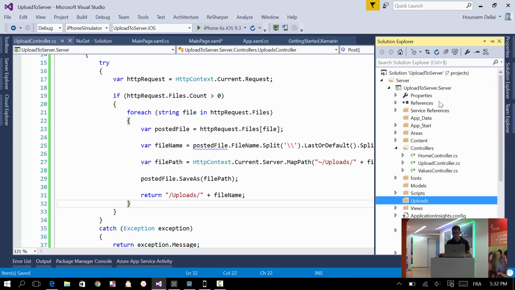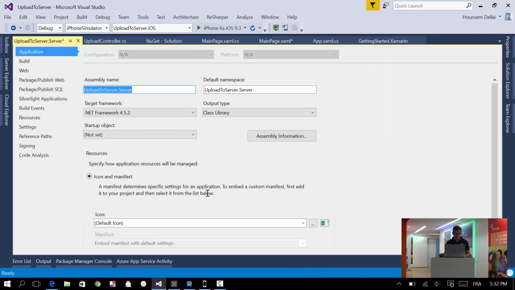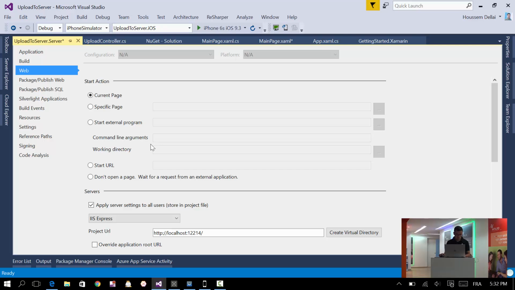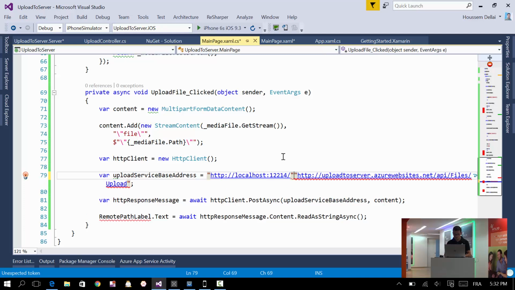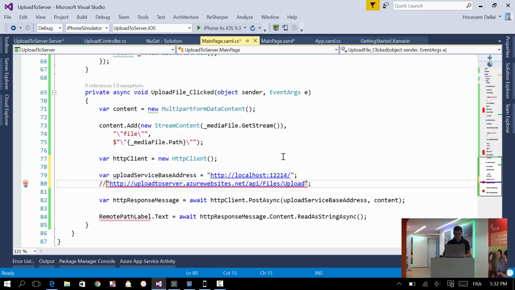And to do that, here I need to get the address of this local ASP.NET application. For that, I go to properties and look for the local address of this application by going to, I think, web, and here it is, the local address. I'll use this local address inside my Xamarin Forms application, so that instead of using the remote address, I'll use the local address here,